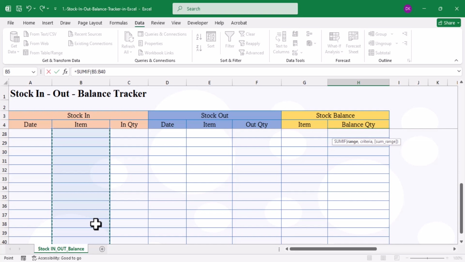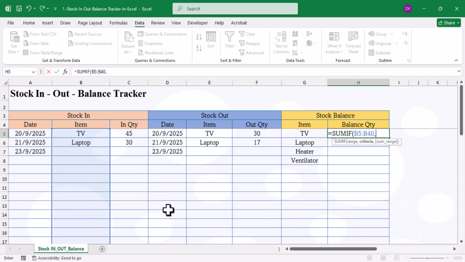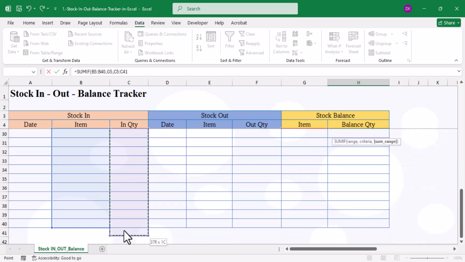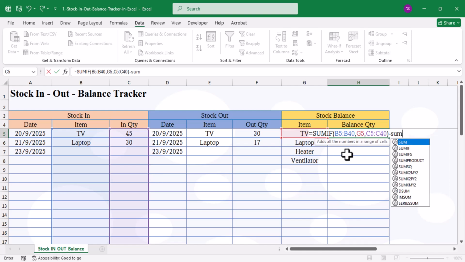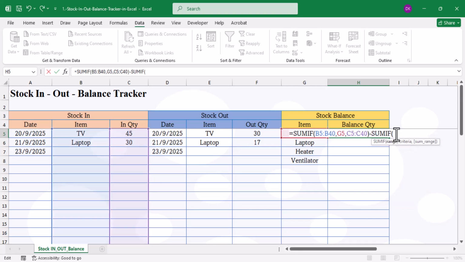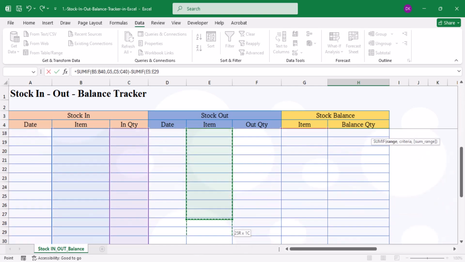Press F4 to lock the range, comma, stock balance first item, comma, select stock in quantity, close the brackets, minus, again SUMIF, select stock out item range,